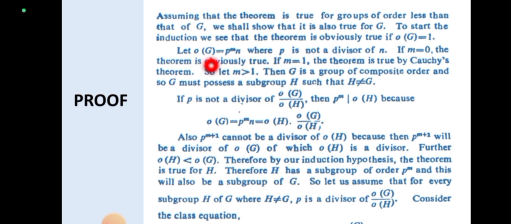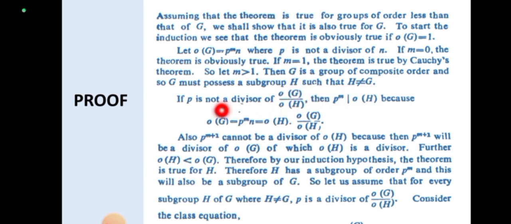Let the order of G be equal to p to the power m into n, where p is not a divisor of n. If m is equal to 0, the theorem is obviously true. If m is equal to 1, the theorem is true by Cauchy's theorem. So let m be greater than 1. Then G is a group of composite order, and so G must possess a subgroup H such that H is